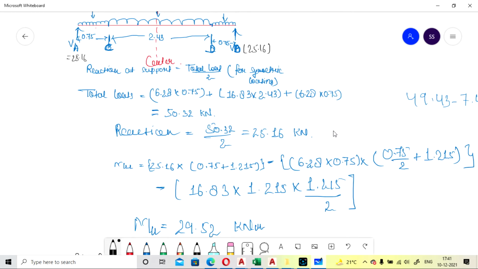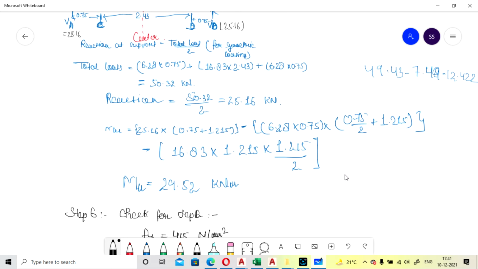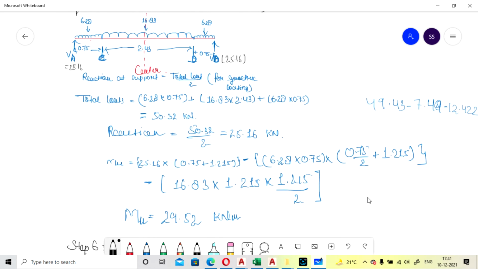Now calculation of bending moment, how it is calculated.